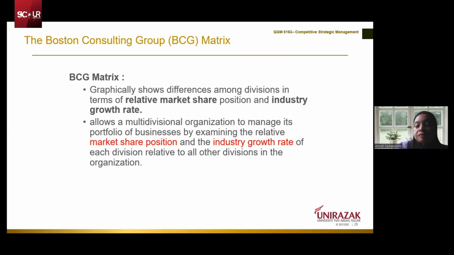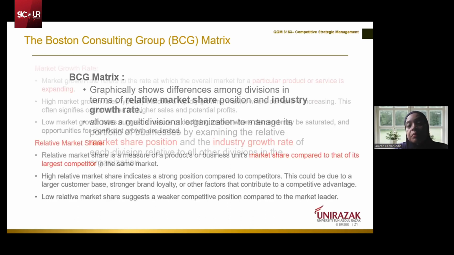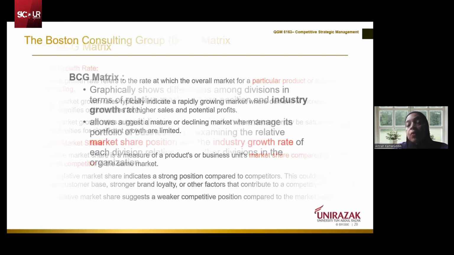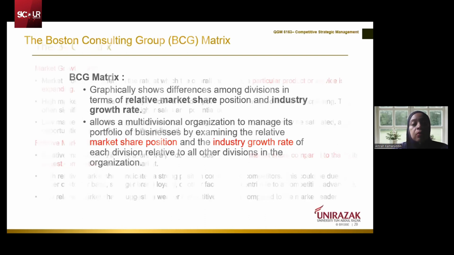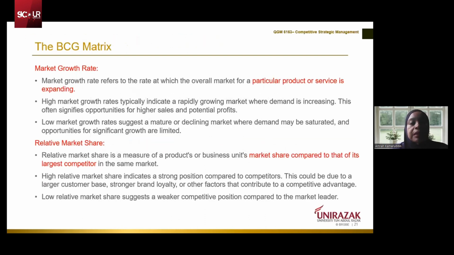So basically, this BCG is done by consultants, like BCG. They know the weight and the rating of the industry itself, because they have the tools. We can do SWOT, because SWOT is very general. But for detail like IFE and EFE, only consultants can prepare. We can prepare our IFE and EFE, but with the consent of the consultant, on how much weightage and how much rating they give. Okay, so BCG is basically